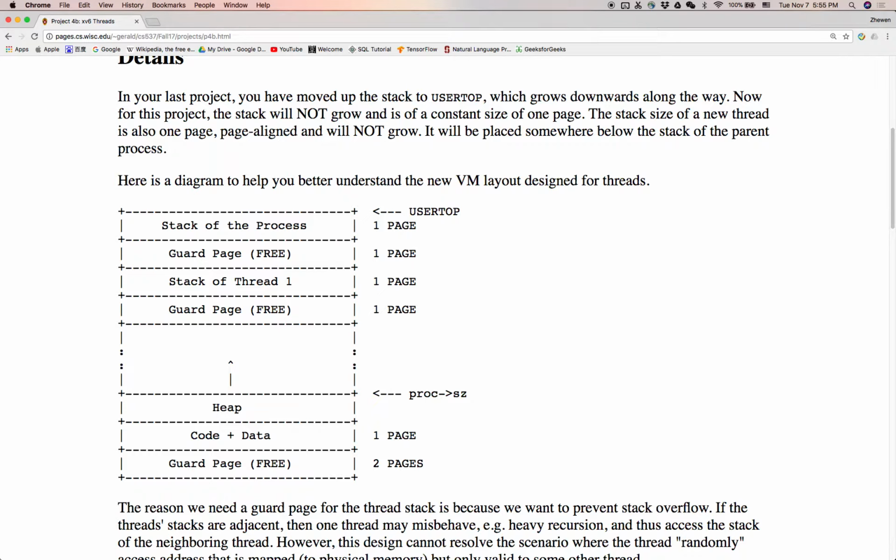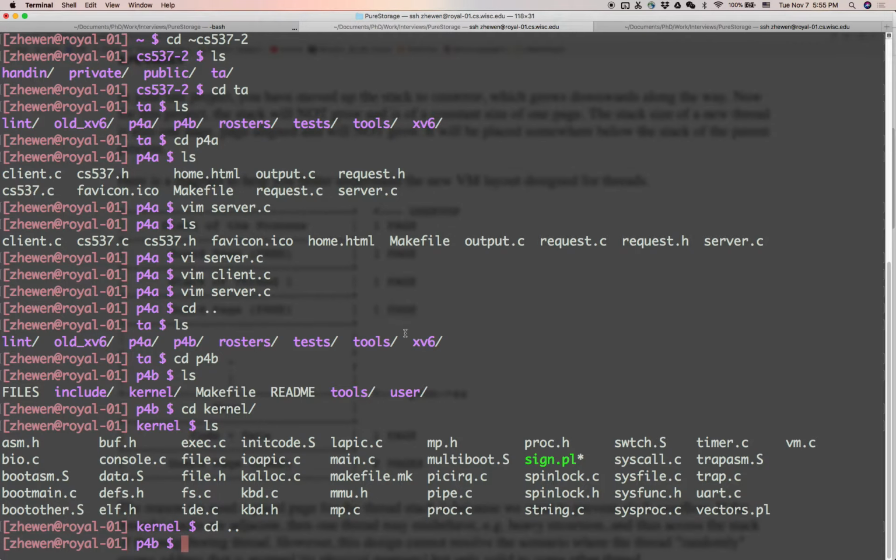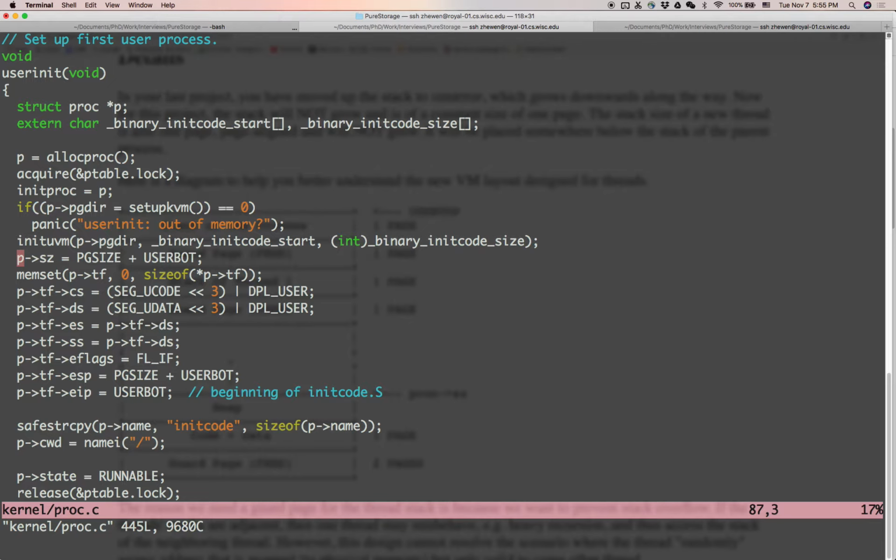Okay, so for now, let's take a look at the base code. Again, the reason why this part is easier than P3B is, first, that you have done some horrible things in P3B, so you have gained some experience. That's one point. But another point, which is more important, is that